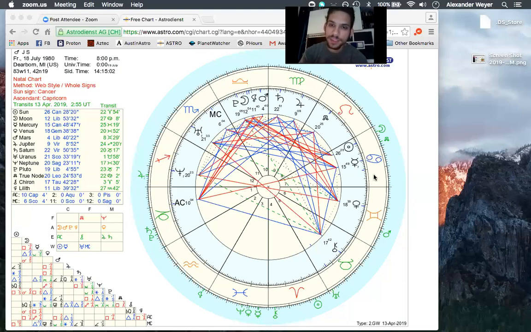Directly opposite the first house of the native, of the individual, we're looking at one-to-one relationships primarily. The 10th house, we're looking at career, calling, vocation. The 4th house, we're looking at the area of life of the home and the family and the ancestry, etc. So each of these 1 through 12 slices of pie here are a different where in the life. So we have the what, we have the how, and we have the where.